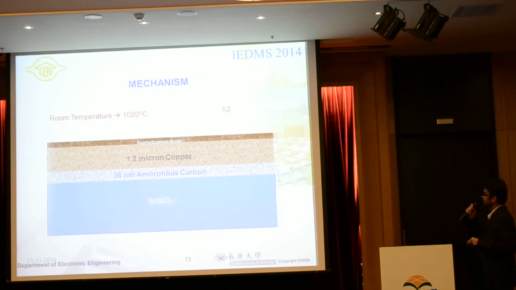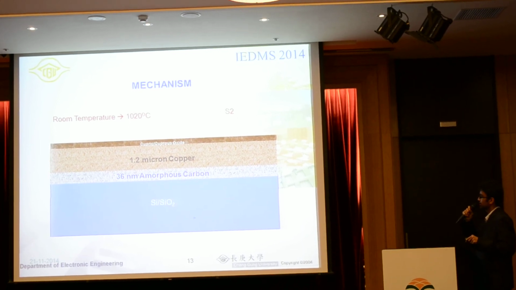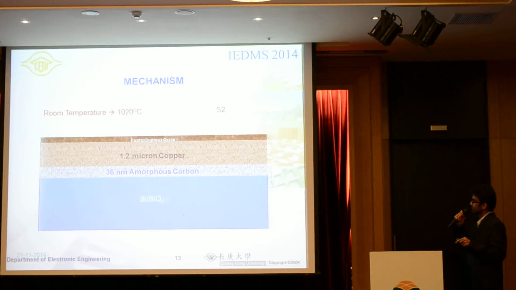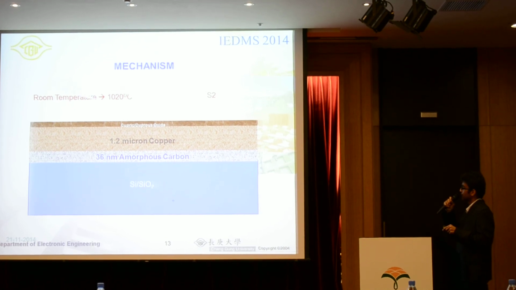So the mechanism can be understood by this structure. I'm talking about sample S2 with a thicker carbon, and we have a native copper oxide on the top initially. So when there is a ramp up from room temperature to 1020 degrees Celsius in the presence of hydrogen, so what